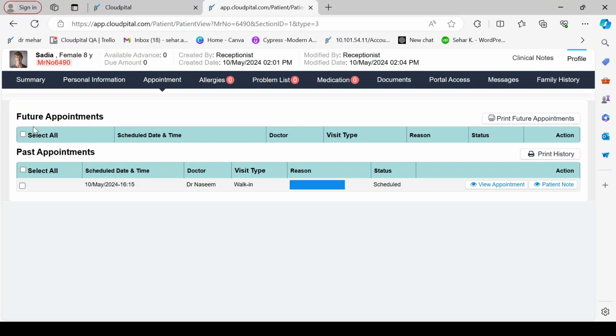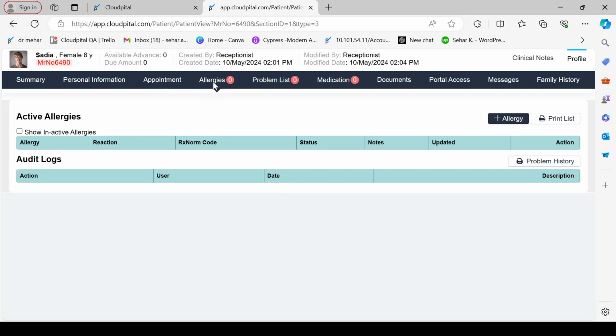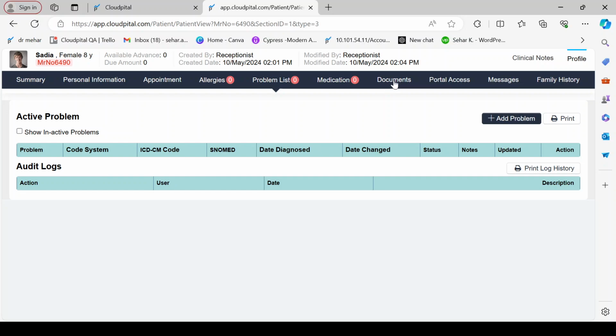We can also see their future, past, and present appointments. If the patient has allergy records, they are reflected on the screen, along with their problem list. We manage their medications, documents, portal access, messages, and family history. We can manage all of the patient data in this patient file screen.